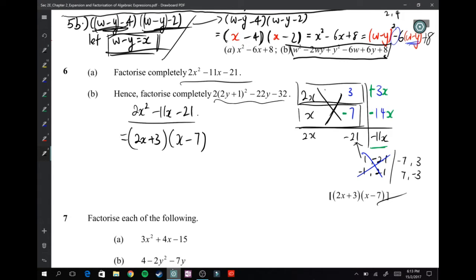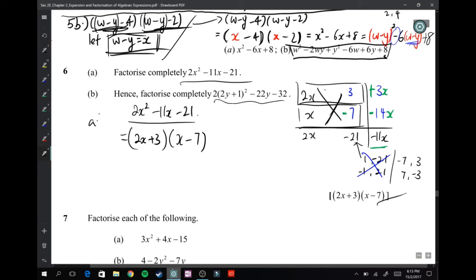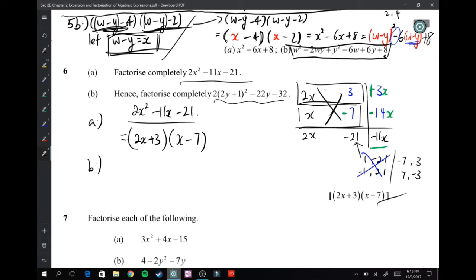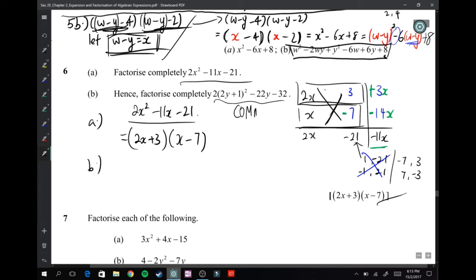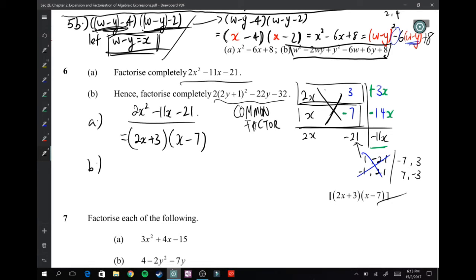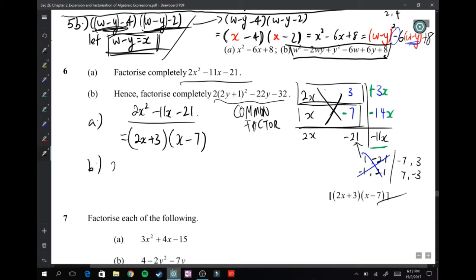Alright, now first thing first, when you deal with this question, remember the price question that I wanted to give but no one wanted a price anyway. What is the first factorization you do? The first factorization that should come to your mind always, at any point of time, is common factor. So even when you see a quadratic equation, think about common factor first. If no common factor, move on to cross method or perfect square or grouping. But when there is, I want you to think of the common factor. In this case, is there a common factor? Yes. So I'm going to take out 2 first, and all I'm left with would then be 2y plus 1,